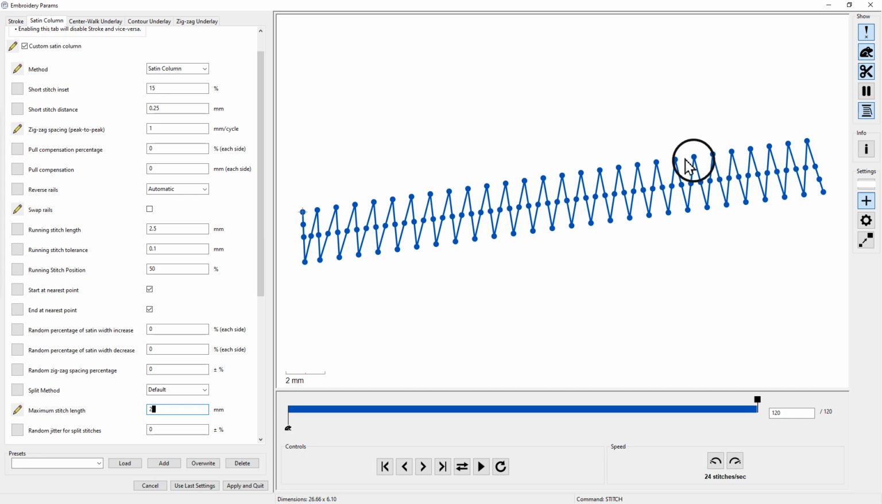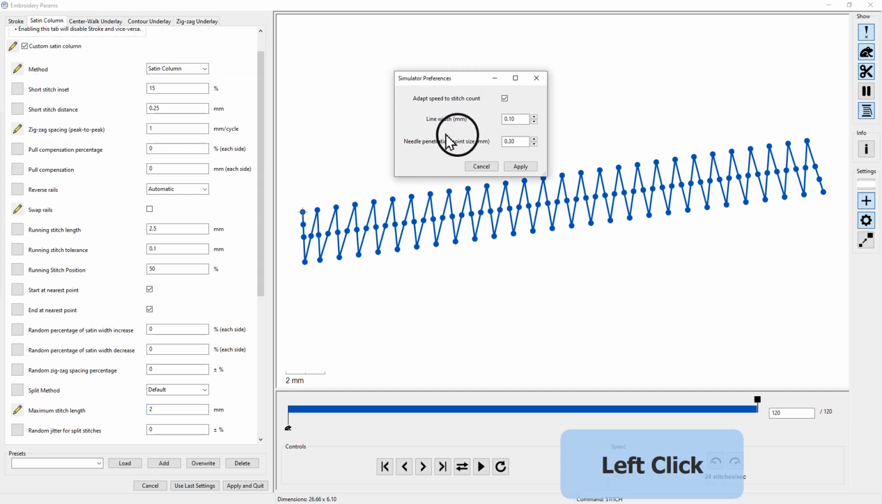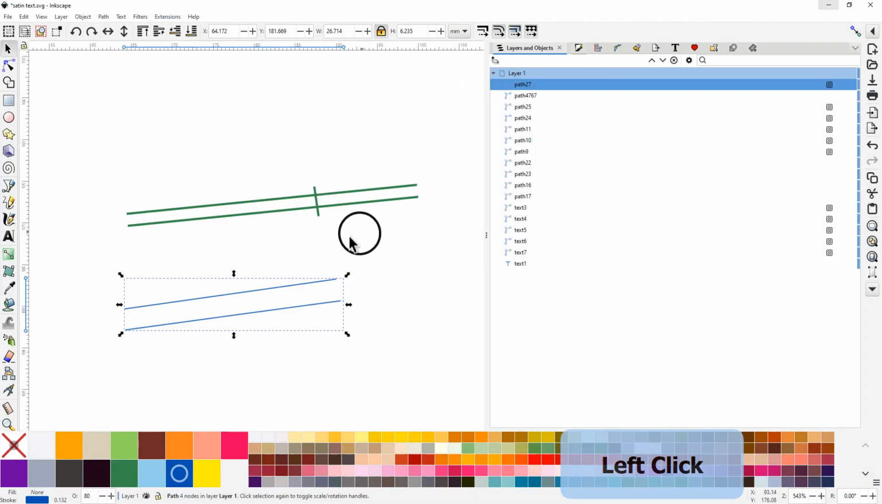Also, if you find that your needle points are too small or your lines are too narrow, they can be set up here in the simulator preferences. You can set your line width, and you can set your point size for the needle penetrations. So play with these settings, familiarize yourself with the software. Okay, so